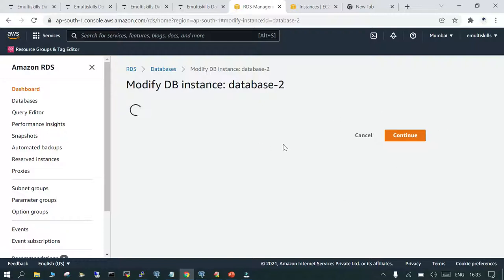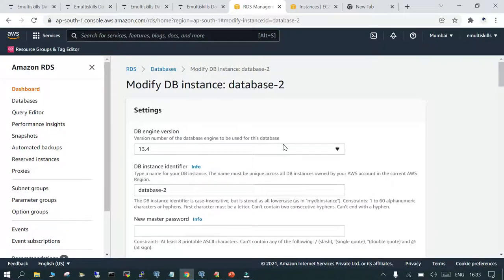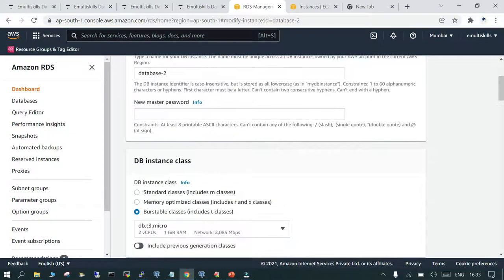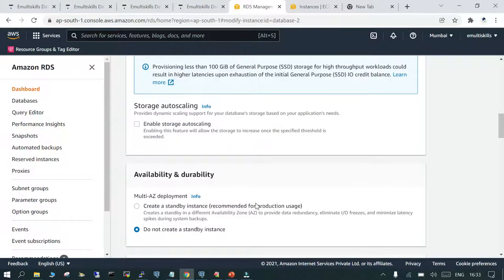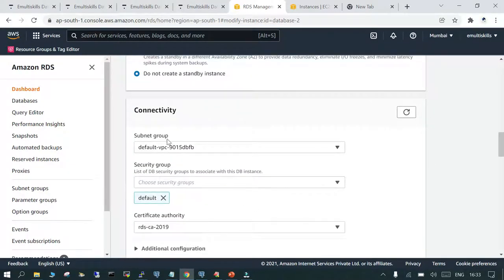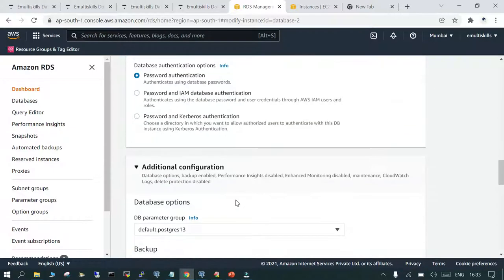It takes some time because it has to load, it has to pick up the new values, and for all the static and dynamic parameters, when you are updating it, your instance has to be rebooted. So you need to continuously check the status of your instance. And we are connected to this particular instance, 13.4. This is the database identifier. We don't want to change the password. You can see the storage details and other things are available over here. And subnet group, database authentication,